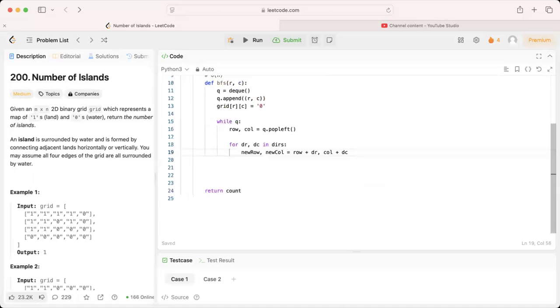Okay, so now we have the new row and new column, and we need to check in all four directions. So here's how we go about this. We're going to say if valid new row, new column, and grid[new row]